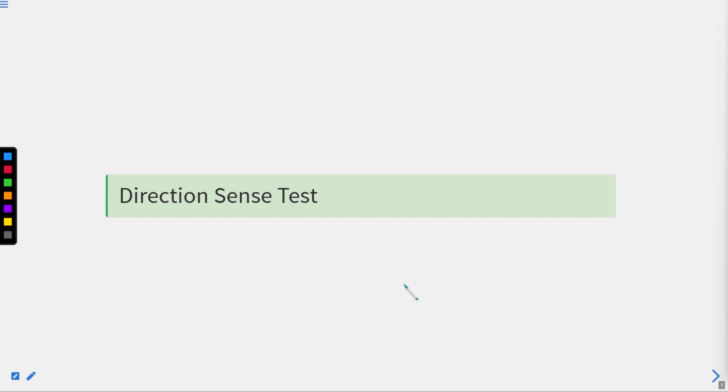Today we are starting with the new chapter named Direction Sense and Test. In this chapter we are going to deal with different directions. You all must have heard about north, south, east and west, all four directions, right? So in this chapter we are going to discuss questions related to all these directions and the directions in between them, right? So in depth we are going to read all about direction in this chapter.